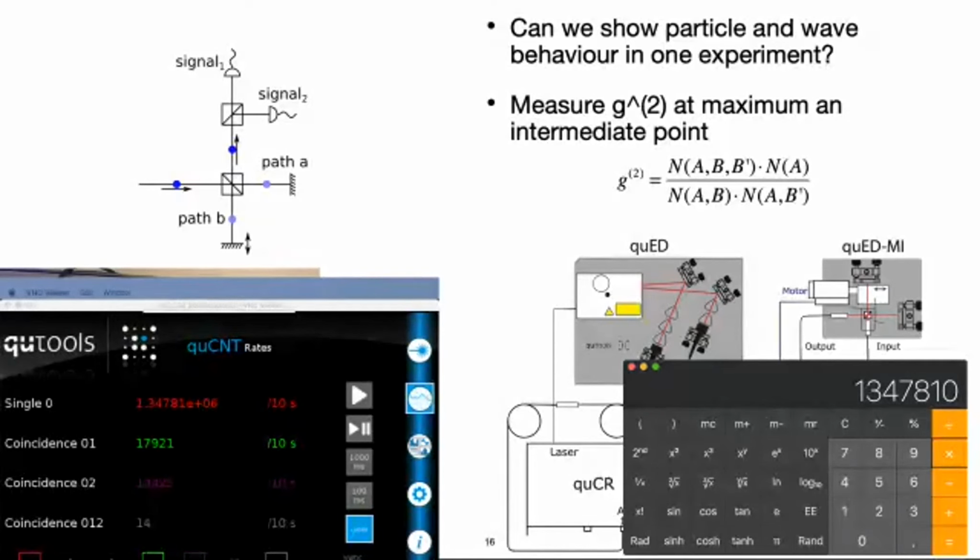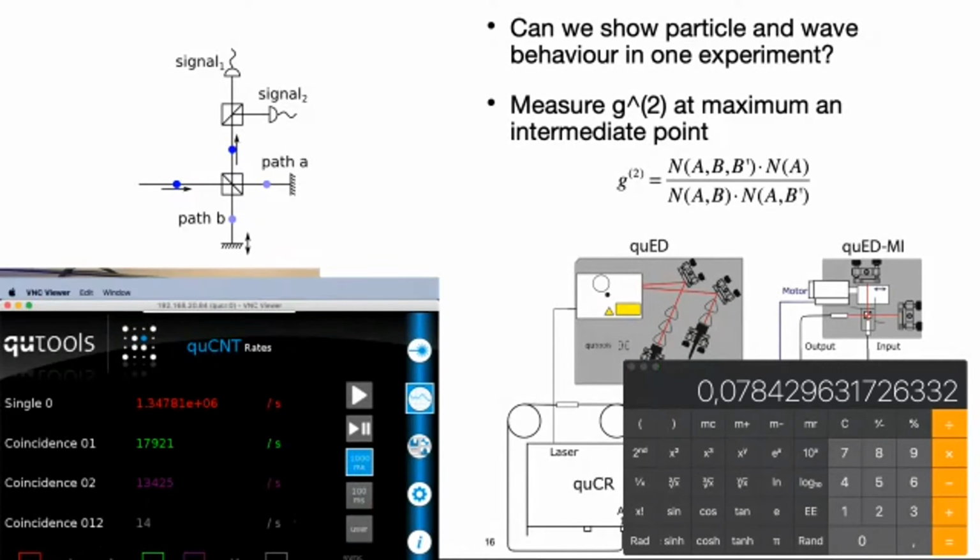All right, that's correct. I have the correct number of zeros, and divide them by this number first, 1, 7, 9 to 1. Divide that by 1, 3, 4 to 5. So this is again about 7 or 8% of this G2 function. So I think we're still quite convinced that these are single photons, or heralded single photons, that are passing through